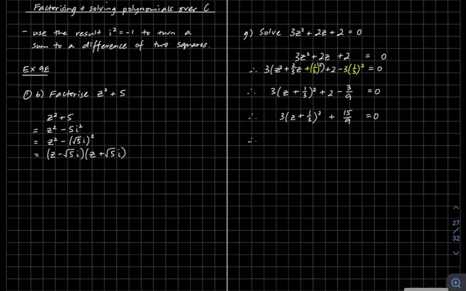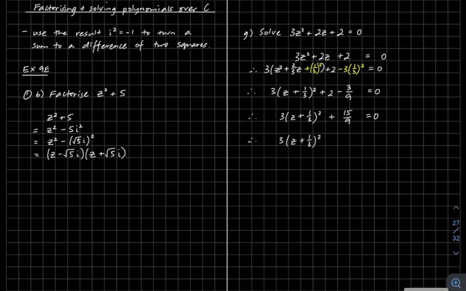Now what I want to do, like I did in the previous problem, is turn this one into a difference of two squares. So I need to make that a minus by introducing an i squared here. So I've got 3 z plus 1/3 squared, and